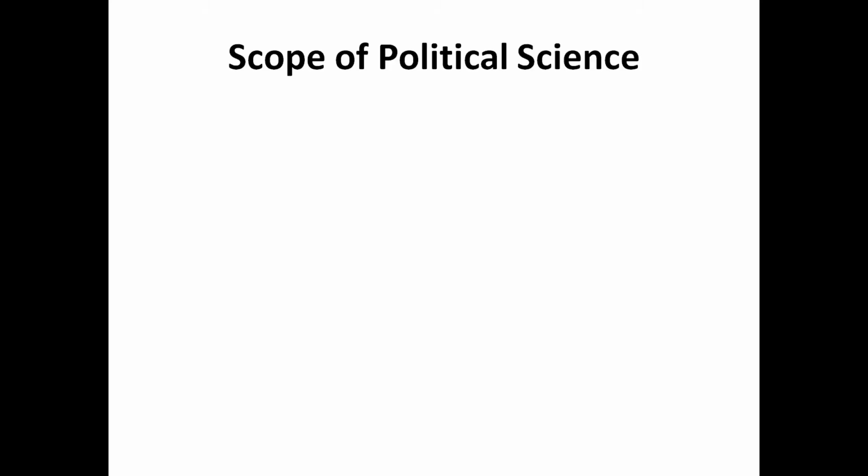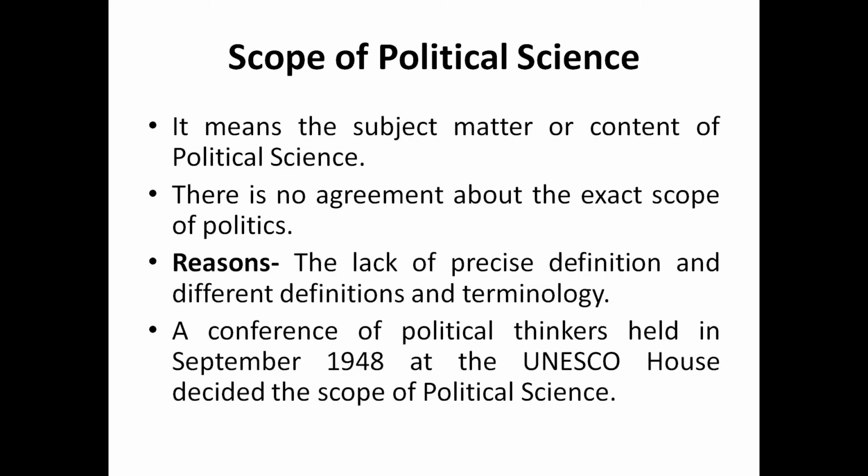In this video, I am going to discuss with you the topic scope of political science. First, we will understand what is the meaning of scope of political science. The scope of political science means the subject matter or content of political science. It means what exactly is studied in political science, what exactly is the subject or the content of the study in